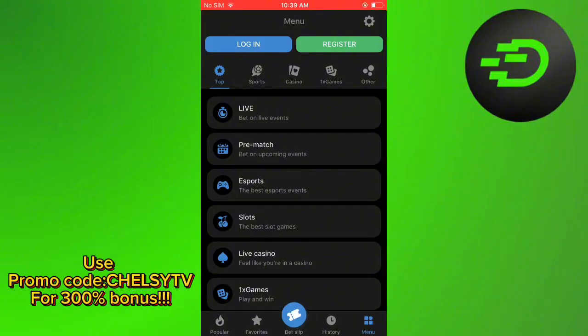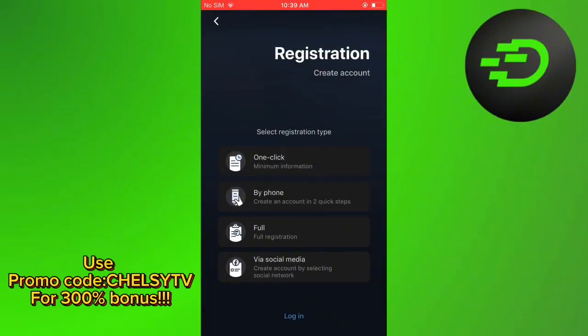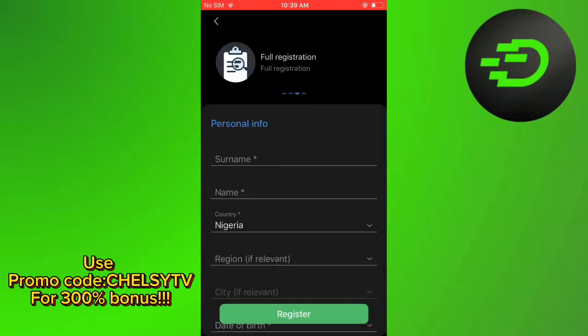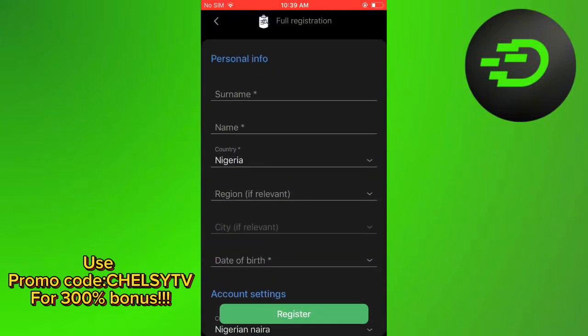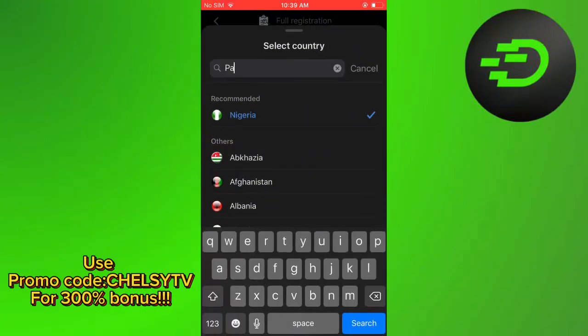When you are logged out, you click on the big green register button above. Then in the next section, you click on full. In this next section, you input all the necessary information needed, and for country, you input your country, Pakistan,